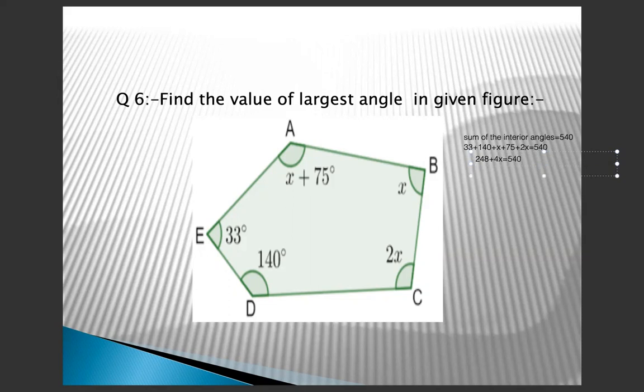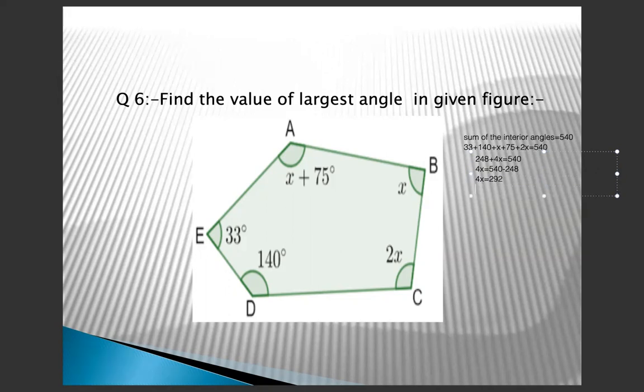The sum will always remain 540. That means 4x equals 540 minus 248. That becomes 4x equals 292,